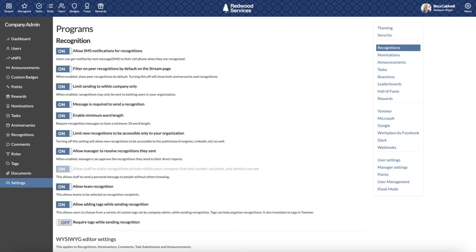You'll notice this includes settings for allowing SMS notifications for recognitions, filtering on peer recognitions by default on the stream page, limiting recognitions to sending within company only, requiring a message to send a recognition. You can also enable a minimum word length for recognition messages, limit new recognitions to be accessible only to your organization, allow managers to resolve recognitions they send themselves,